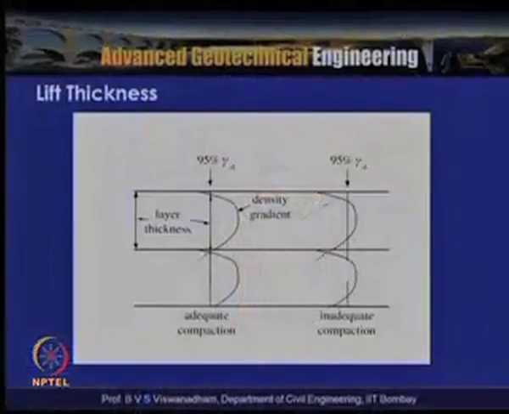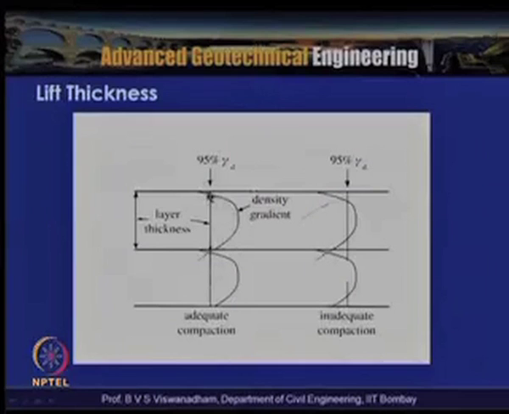Soil at the top of the lift will be well compacted, and soil at the bottom of the lift will not be compacted at all. Here in this slide, for a particular lift layer thickness, you can see that the soil at the middle portion is compacted very well. At the interface point, there is a possibility that the compaction is not achieved at all. So it has to be ensured that the lift thickness is such that the minimum compaction is met at all points.